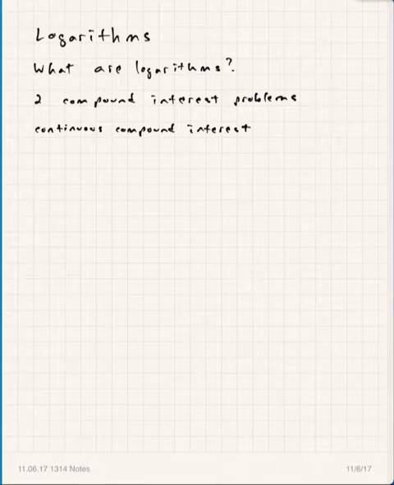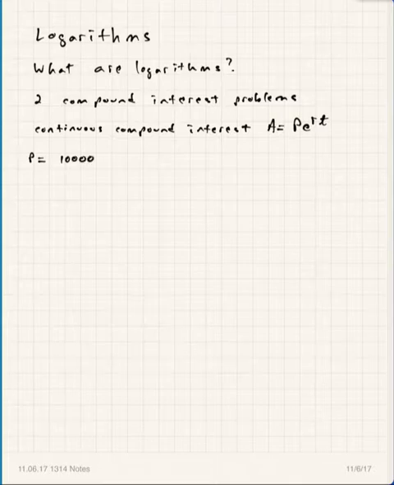And to look at, remember with continuous compound interest, we're using this formula, A equals P times e raised to the rt power. All right, and so our first problem is, let's say that we invest, or our principal is $10,000, and the interest rate, remember this is continuous compound interest, is, let's say, 5%, which is totally unrealistic. You don't get an interest rate of 5% these days, certainly. And let's say that the time is 10 years.